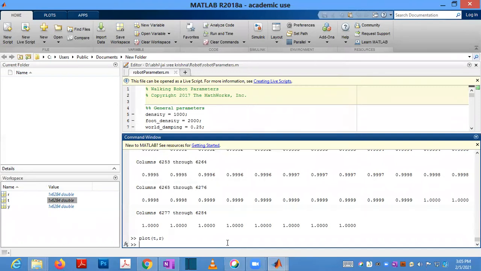So if you are plotting only a few values, now I can type tt is equal to 0, pi by 4, up to 2 pi.